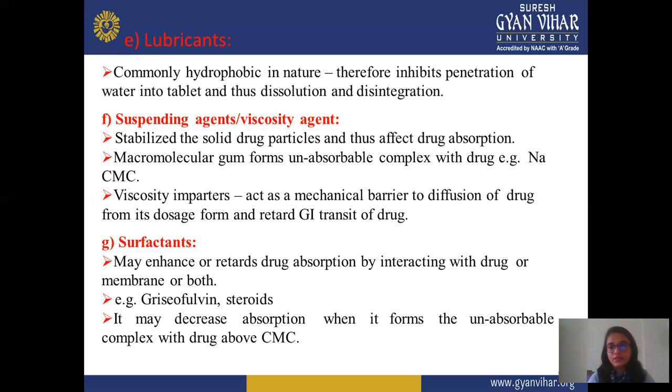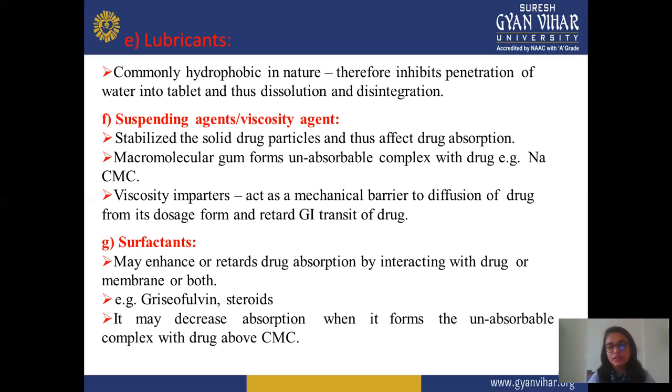Next is surfactant. Surfactants are the most important excipients because they help to increase solubility and also enhance absorption rate. It may affect your formulation directly, and may enhance or retard drug absorption by interacting with the drug, the membrane, or both. When you use this surfactant, it interacts with the drug as well as the membrane, or maybe both. Examples are glycophyllin and steroids, and it may decrease absorption because it forms an unabsorbable complex with the drug